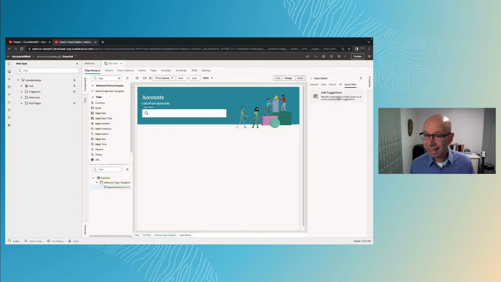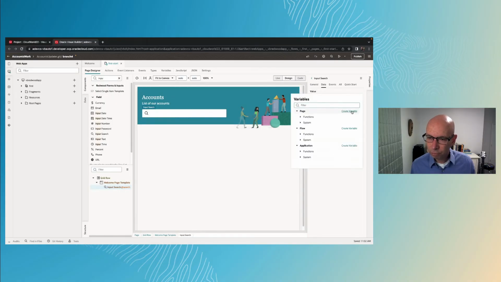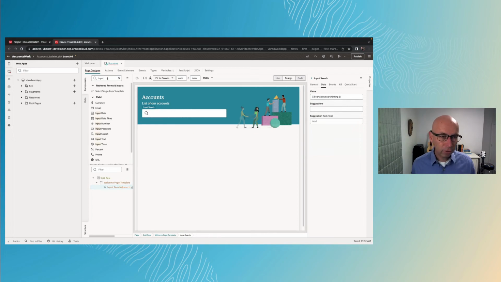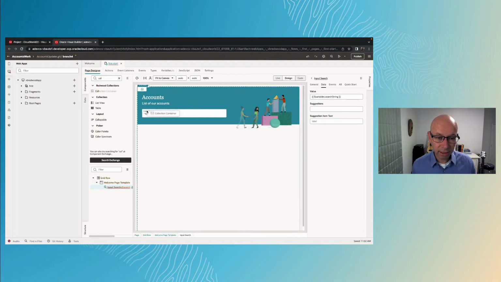As I mentioned, I can add suggestions for my search if I want to. In my case, I just want to define a new variable that would be my search string. Okay, so we'll call this one the search string over here. Then I also want to show a collection of data on the page. The Redwood components include a collection container, which I can again drop into my template, into the default area,